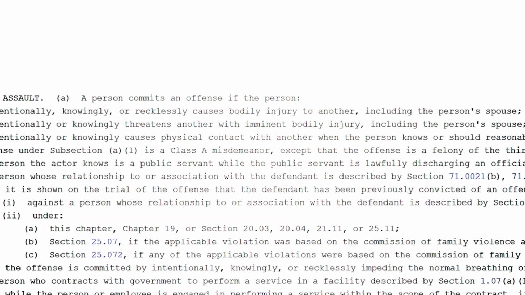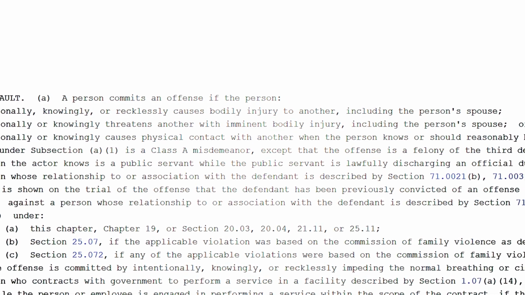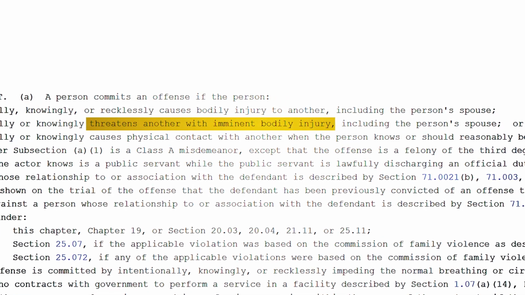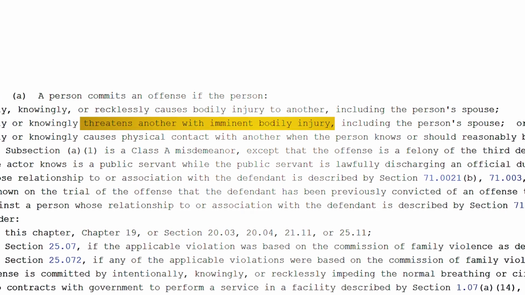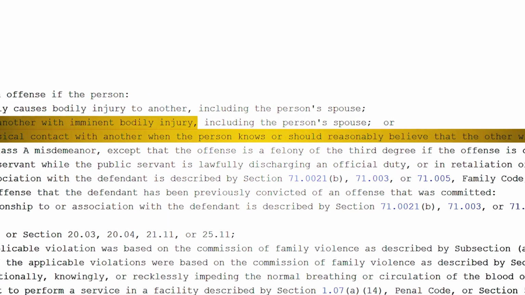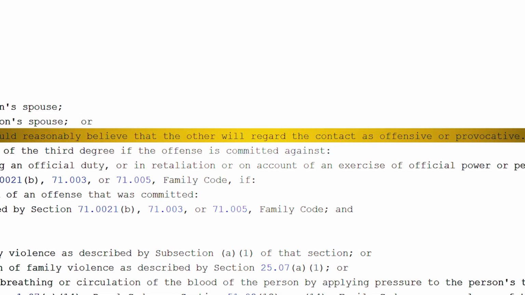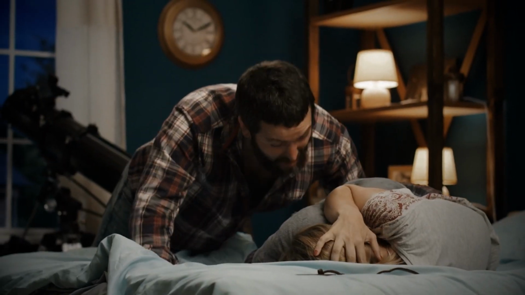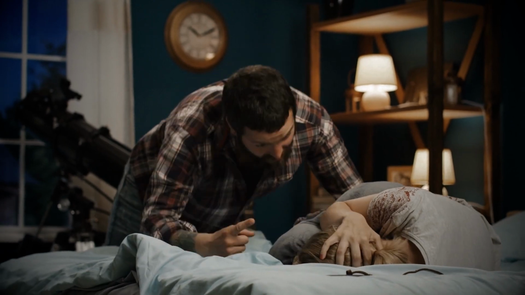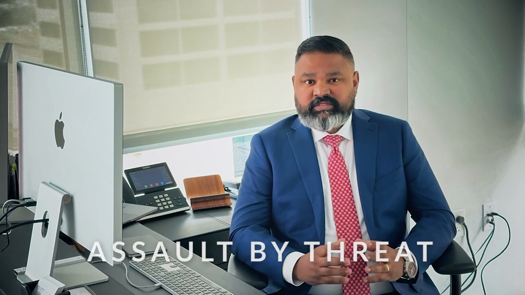The misdemeanor definition of an assault doesn't end there, and this is important. It is also a misdemeanor assault in Texas when a person threatens someone with imminent bodily harm or makes physical contact in a way that they should have known the other person would have found that offensive or provocative. So let's break that down a little bit. The first thing we mentioned actually covers an instance where there's no contact, there's no injury. It is simply a threat. And most people don't know that you can assault a person just by threat. And there's a misdemeanor version of this offense called assault by threat.